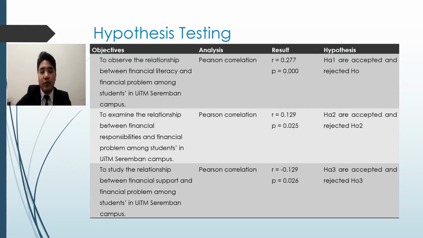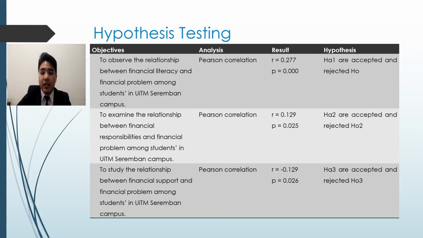Now we will move to our hypothesis testing. We are using the Pearson correlation coefficient, which is the test statistic that measures the statistical relationship or association between two continuous variables. It is known as the best method of measuring the association between variables of interest because it is based on the method of covariance. It gives information about the magnitude of the association or correlation as well as the direction